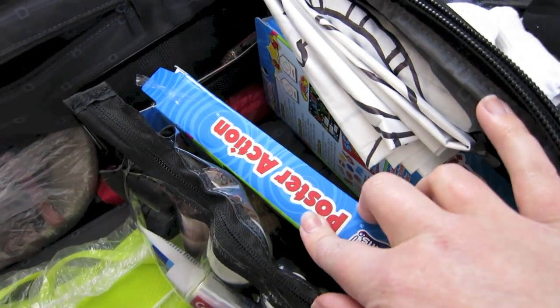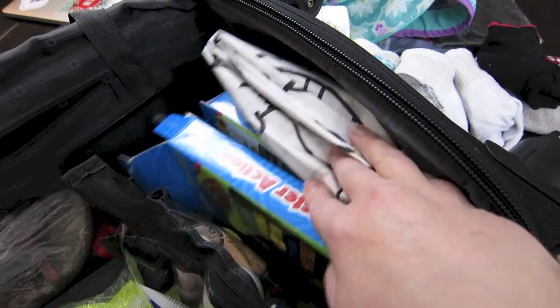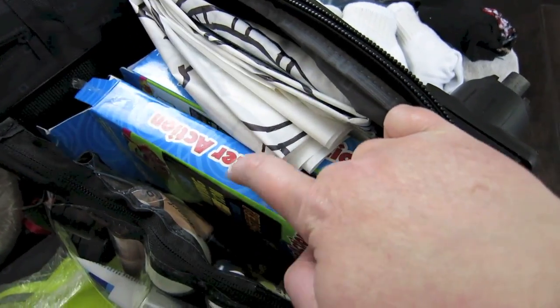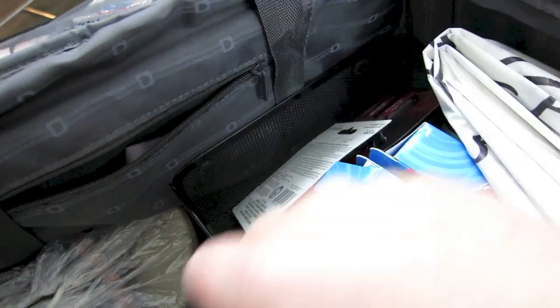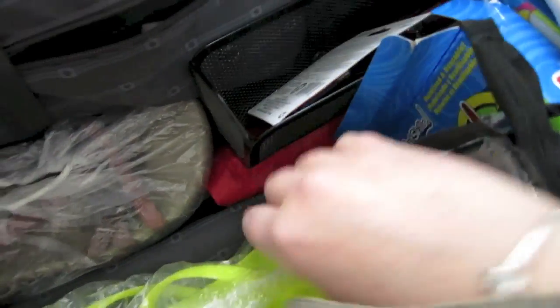Here is stuff for decorating our windows. That'll be explained in the vlogs later, more in depth. You did see this in a previous video. This is just something fun that we found at Walmart and we're really excited to try it. It's a little battery operated thing. Speaking of batteries, there's the batteries. This is just a basket to hold things, an umbrella, and